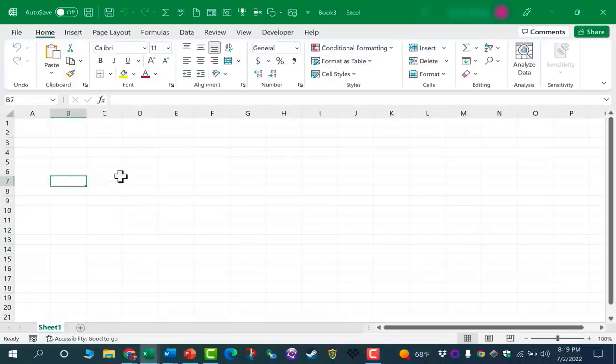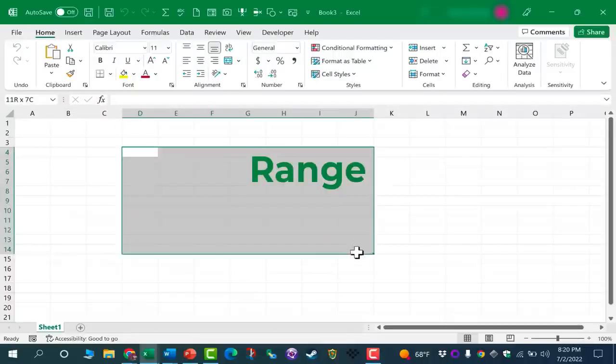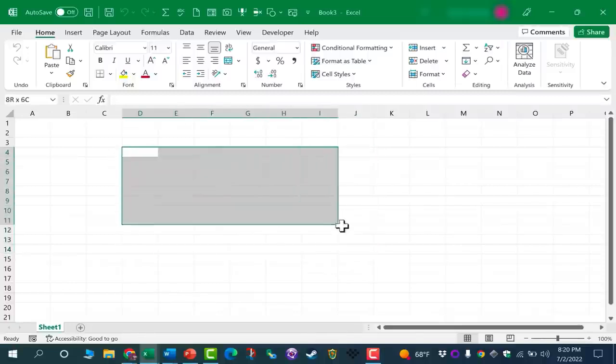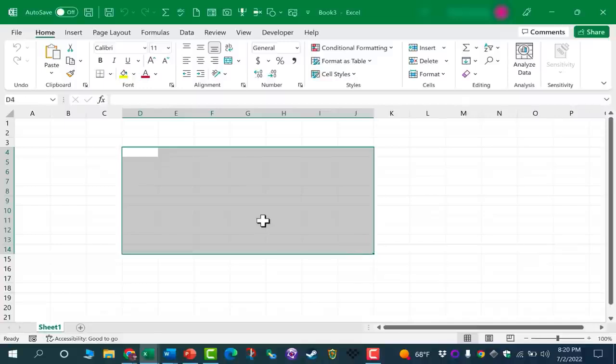The next part of the anatomy of a spreadsheet is range. A range is a collection of cells that are generally grouped together. So I've clicked and dragged to select a group of cells in Excel. This is a range. And we can also describe every range in Microsoft Excel, once again using the column letters and the row numbers. The way you do this is you start in the upper left corner of the range